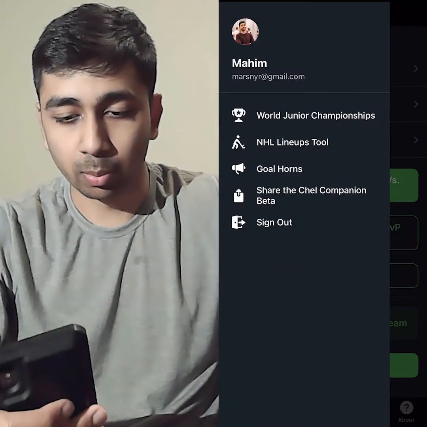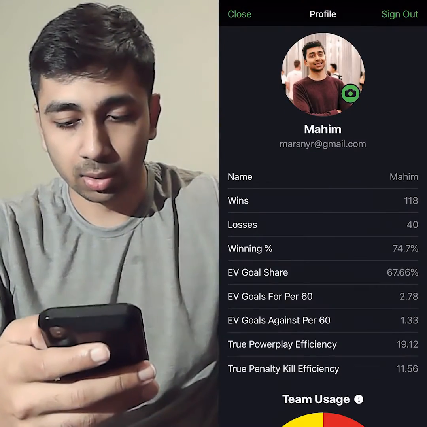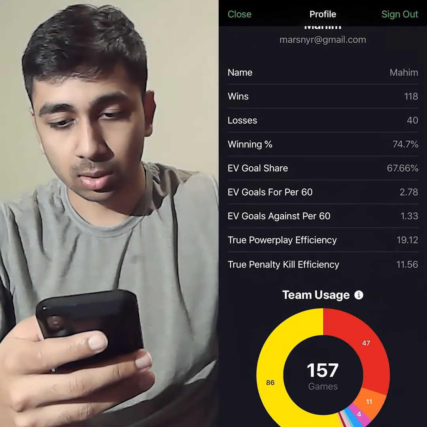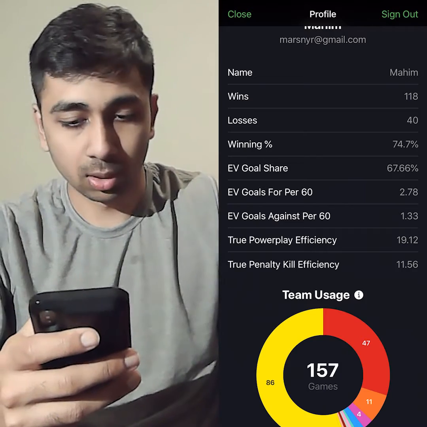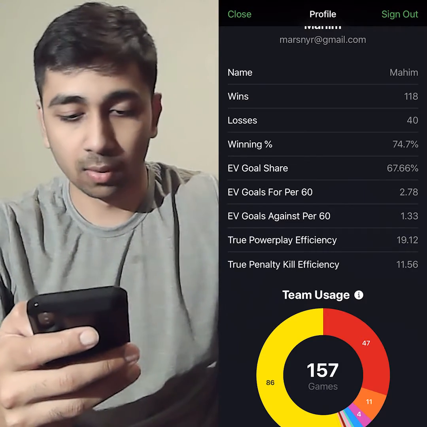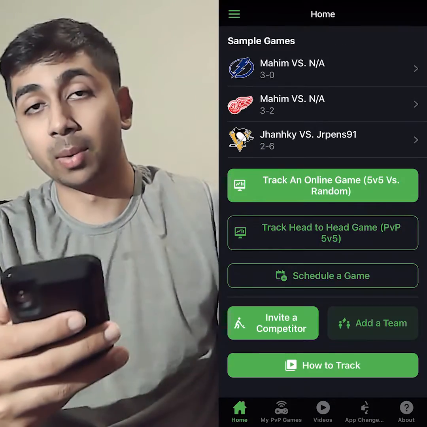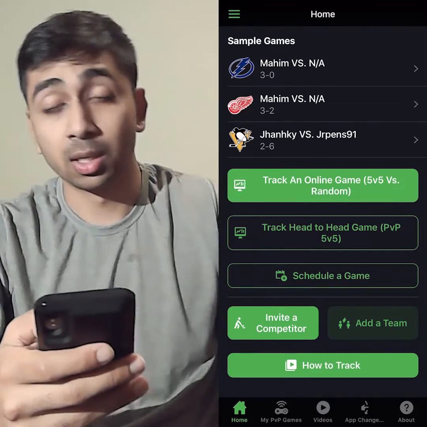And then if I click into my profile here, you'll see that this game was added into my overall stats. And as we can see how it's affected my winning percentage, my goal share, even strength, goals for, against, etc. Now, if I was playing one of my buddies offline and we were tracking our games, instead of using